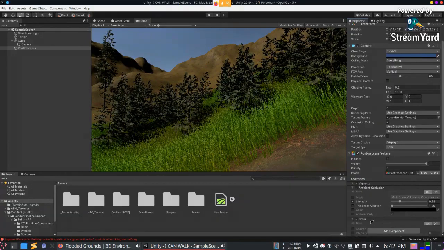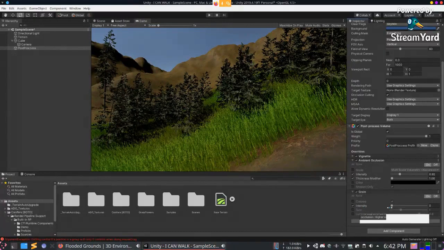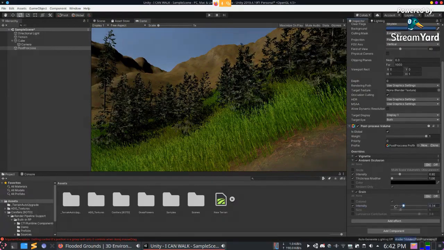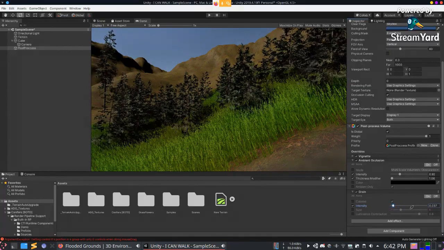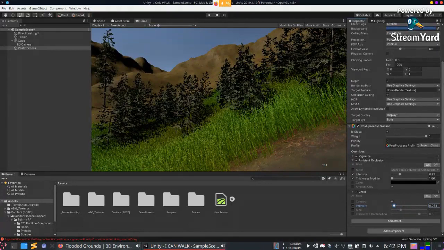Grain is that grainy film. Honestly, I guess you guys are very used to photo editing, so no point in going through it much. Basically, if your game does not look good, go to the post processing and change things as you like to get the look you want.